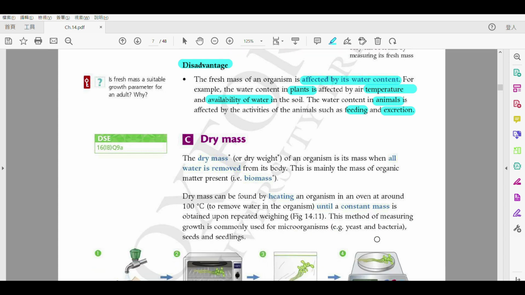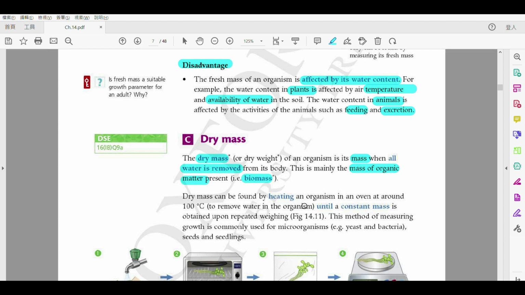And last part, we're going to talk about the dry mass. You can guess that this time we're still measuring the mass, but this time all the water is removed. So what does that mean? That means we're only measuring the mass of the organic matter. Okay, so you need to know this one about the mass of the organic matter, or we can use another word called the biomass. So in case you want to know what it means by organic,